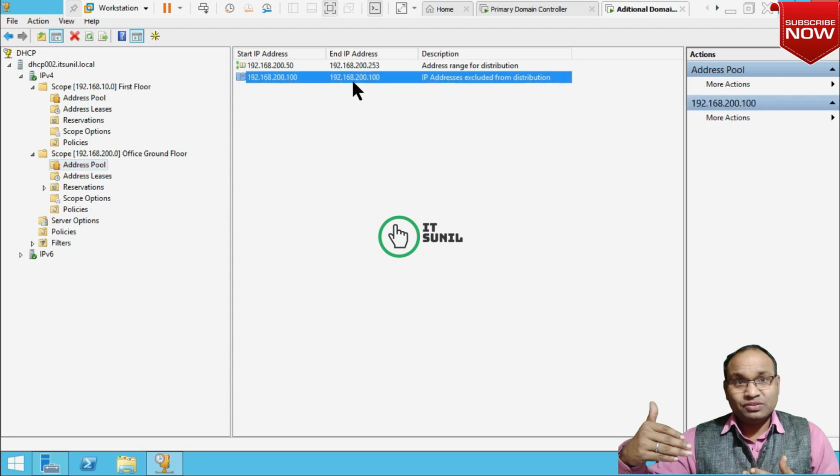Now you can check that all my DHCP configuration and scope options have been successfully replicated from the primary server to the secondary server.